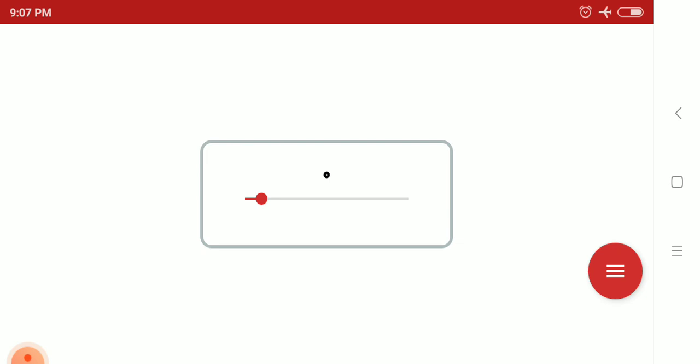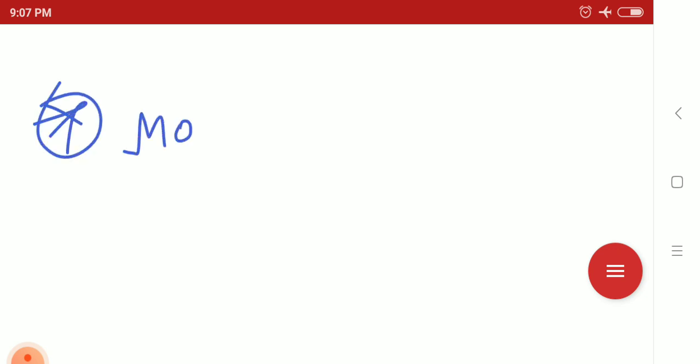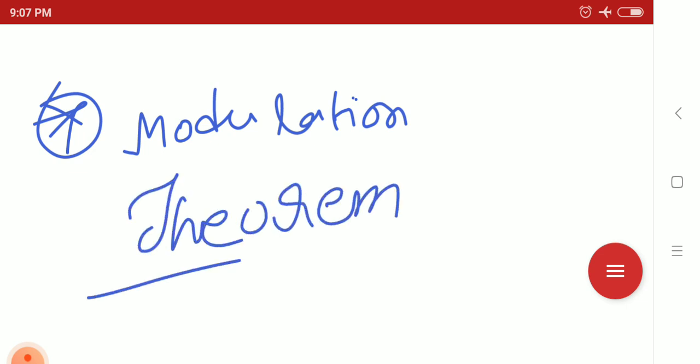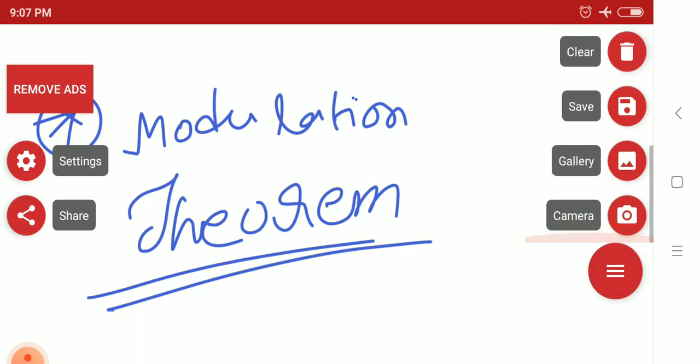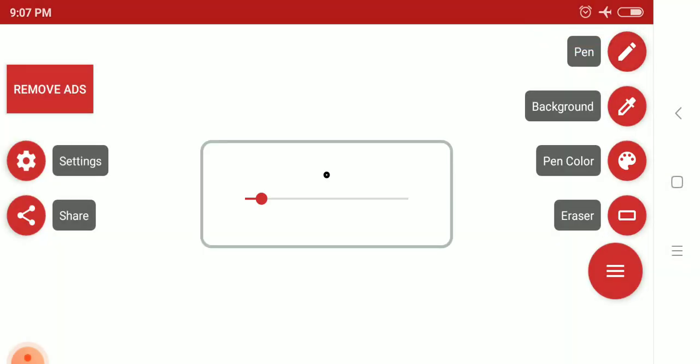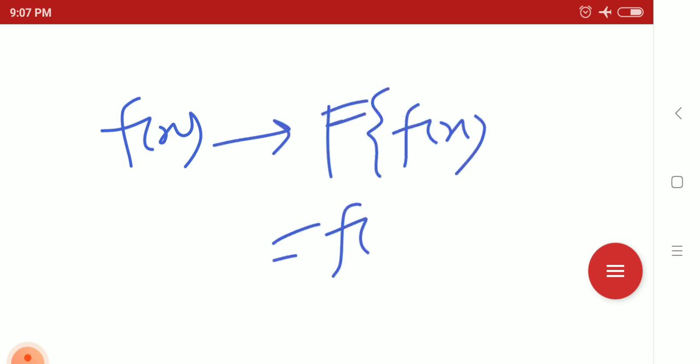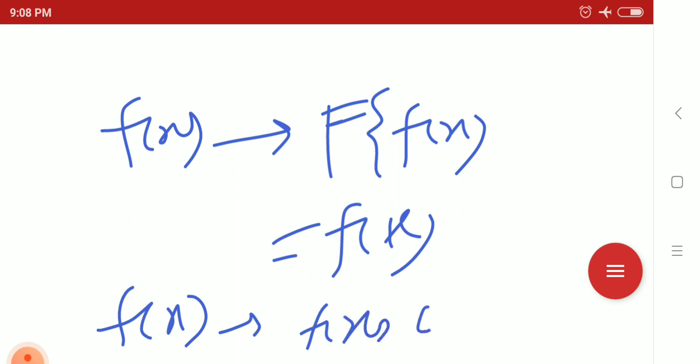Another property of the Fourier transformation is the modulation theorem. So what will the modulation theorem be? The modulation theorem is such that, suppose you have a function f of x and the Fourier transformation of f of x is f of k. Okay, so now if f of x is modulated by cos x,